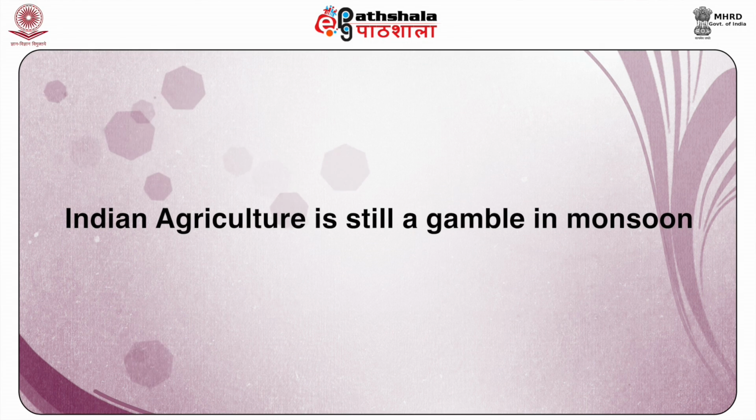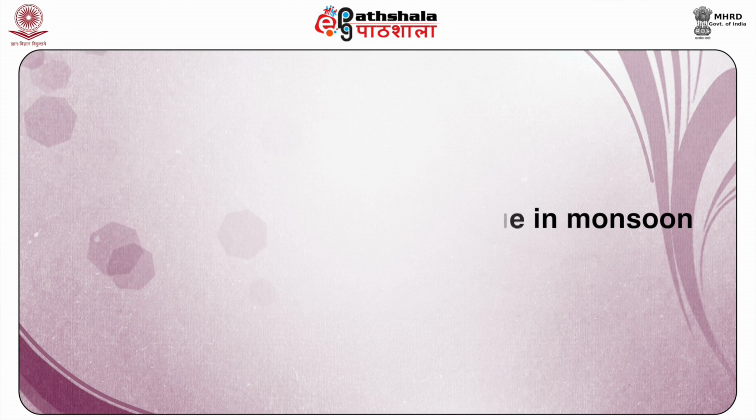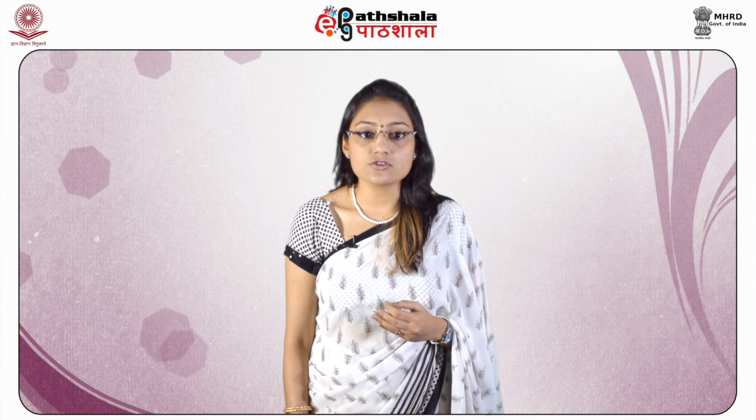Next, Indian agriculture is still a gamble in monsoon. The new technology is also known as the seed-water-fertilizer package and depends on assured water supply for the best results. However, vast tracts of agricultural land are still deprived of irrigational facilities and depend on rains. As a result, in the year of good monsoon, there is a bumper crop, and if the rains fail, we